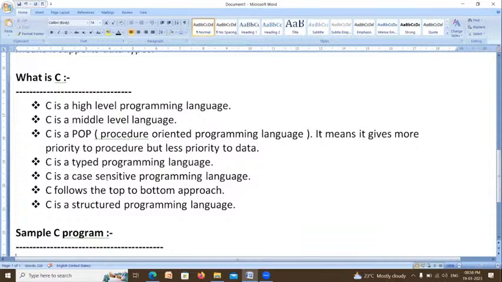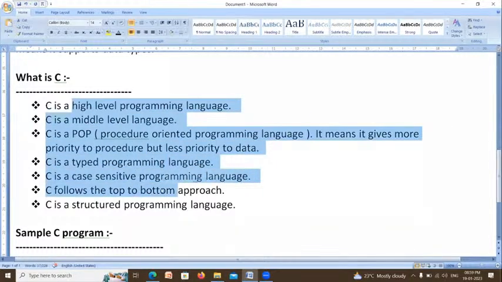Sir, can you explain the last second point? Top down approach. Yes. Whenever you write a program, it will be executed from top to bottom. The first line will be executed first, then the second line, then the third line, then the fourth line, then the fifth line. So it follows the top to bottom approach.